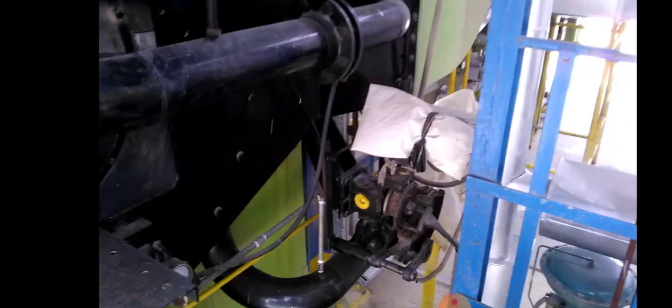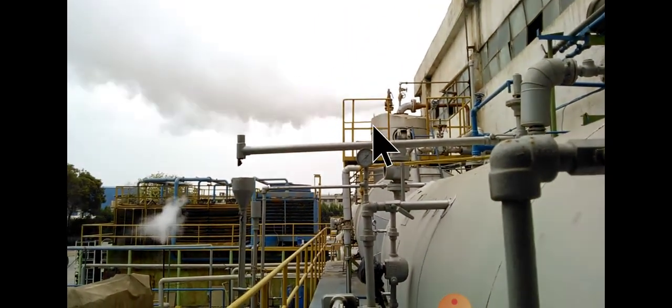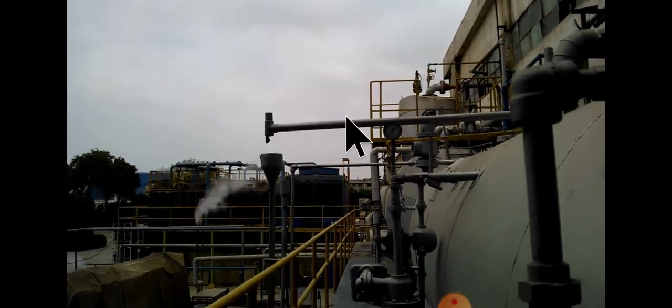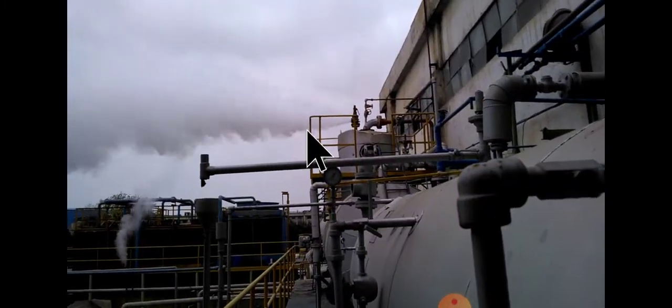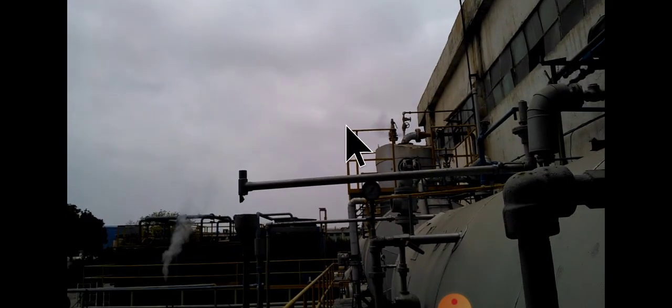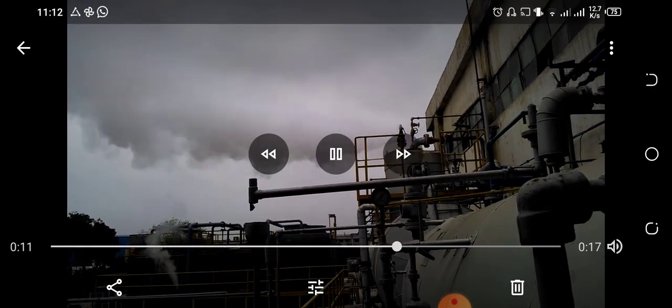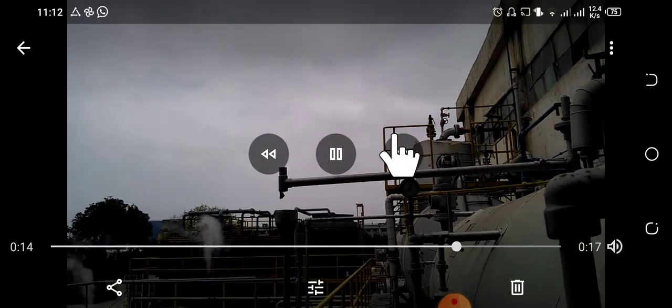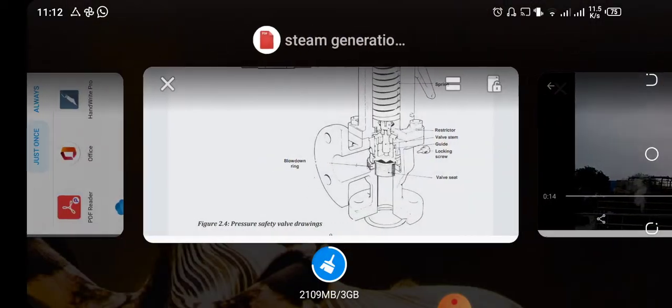Okay, this is the actual safety valve. You see that it automatically opens and releases the excess pressure. This is a video from General Tire, where I was working as a utility engineer. Anyway,